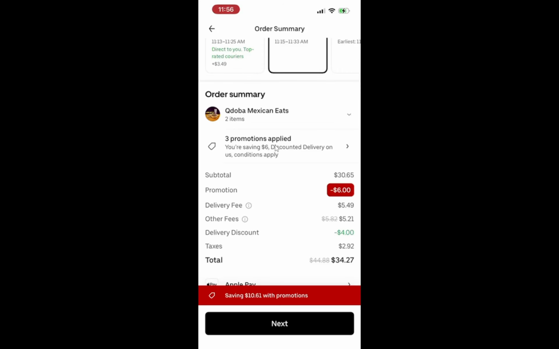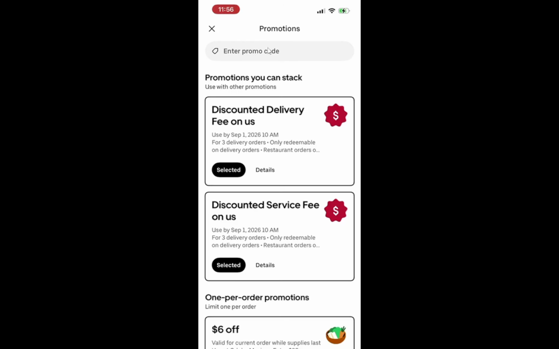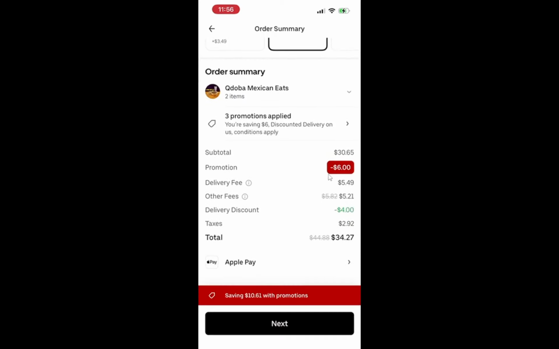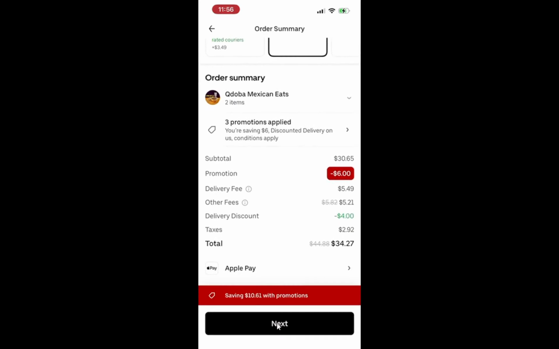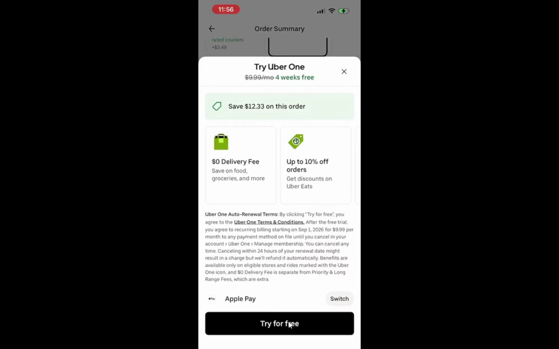If you have a promo code, add a promo code here. There will be a field or link to enter the code, and once you apply it, the total updates if the code is valid. Beginners sometimes forget to press apply, so watch for a new line showing the discount in your order summary. With everything ready, tap Place Order. The app sends your Qdoba order to the restaurant, and you will see an order tracking screen with an estimated arrival time and status updates.